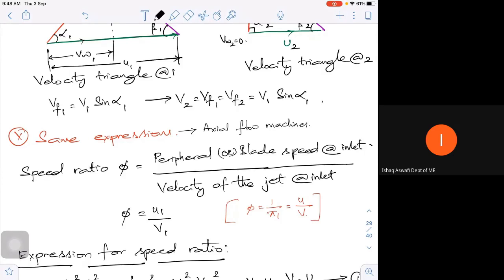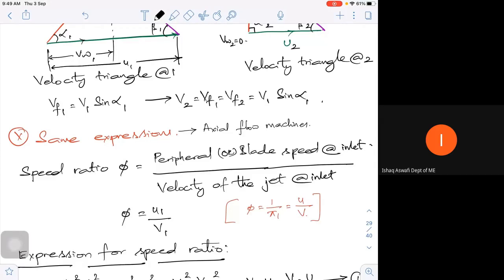But one thing is very important when I am dealing with radial flow machines, that we call specific speed or speed ratio. Speed ratio. So it's not specific speed, it's a speed ratio. What is it actually? Even the same can hold good for your axial flow machine also. So what is this actual speed ratio? The blade, or your turbine or rotor, will be rotating at some velocity, which we call u.